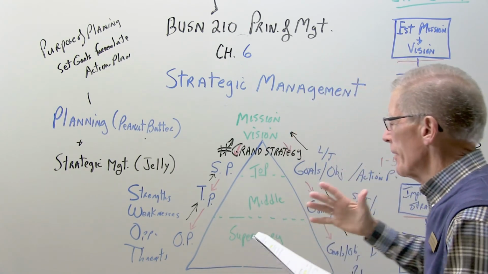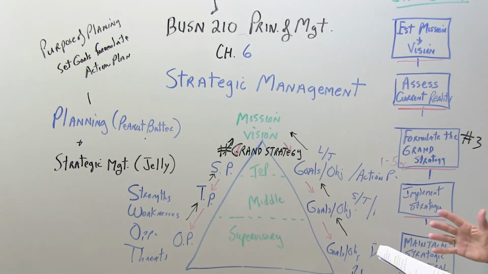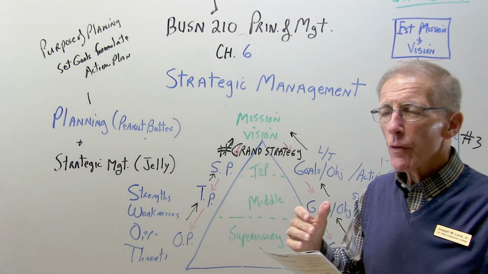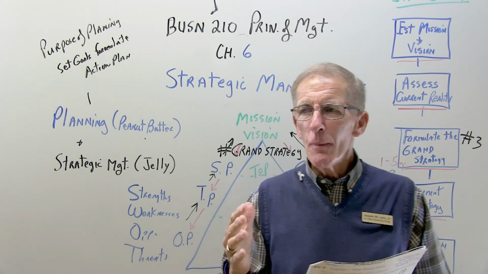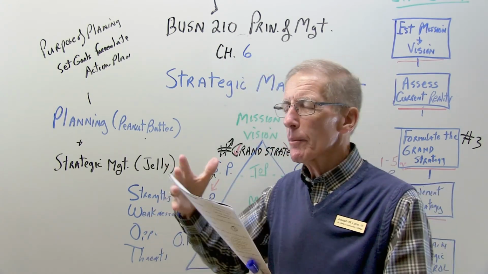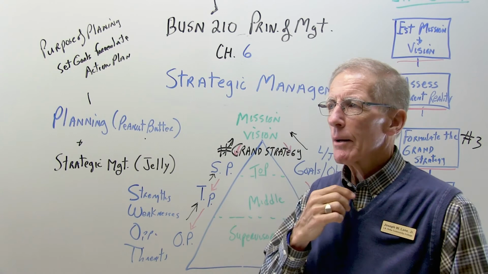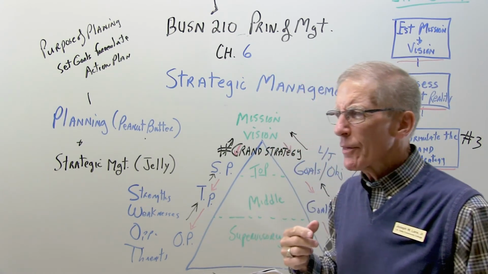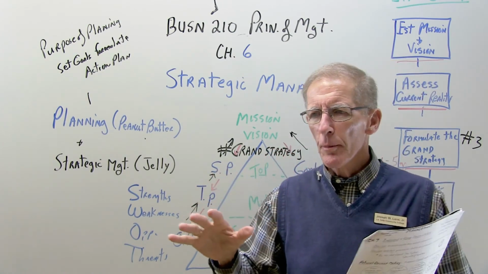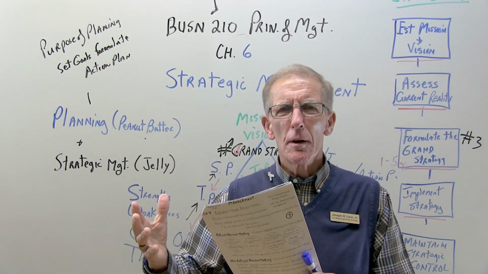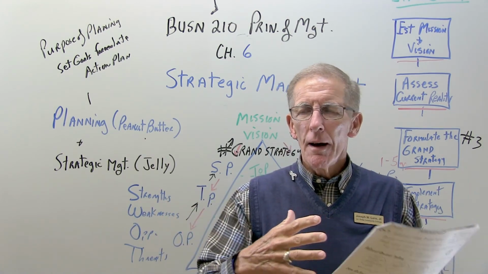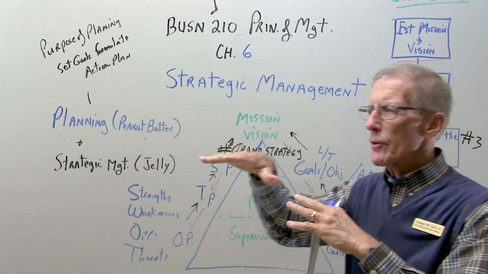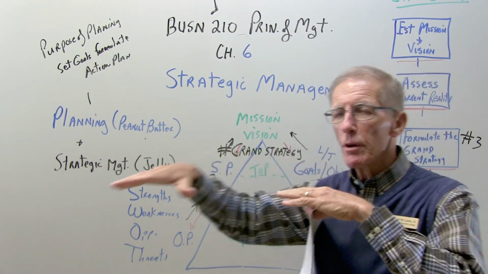Now, the other would be a diversification strategy. You can diversify as far as different products, or you can diversify as far as different companies. You may actually buy or develop several different companies. A lot of times now we have businesses that are, and I may be completely wrong here, but I think ABC or whatever bought the Weather Channel. Sometimes those companies will buy other companies that are totally unrelated to what they do, just to diversify